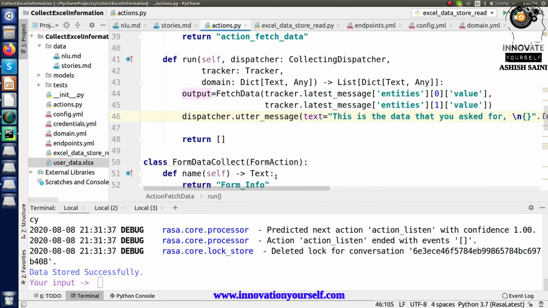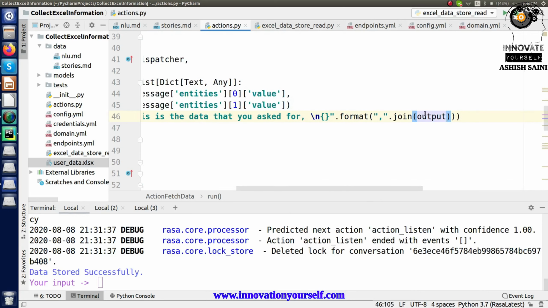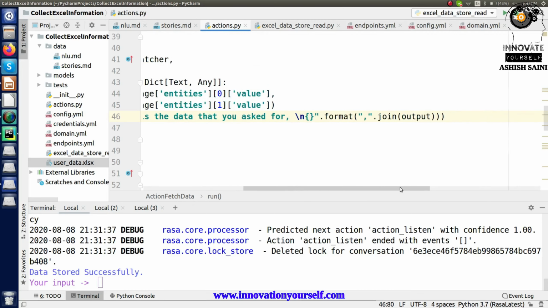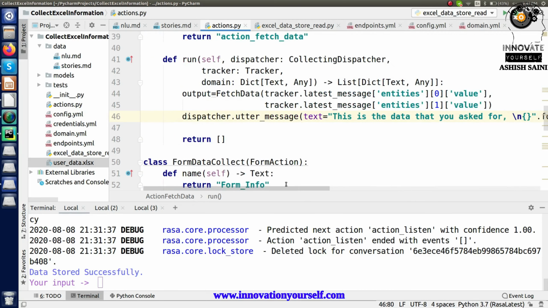So what this will do is whatever data you will be having in the list format, that will be converted into the string format, and that string will be placed over here, right? So this is how you can just display it to the user, right? So this is all that you can do, and once you're done up to this point, after that you can just train it and test it.